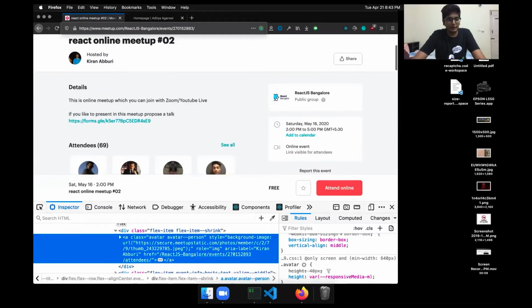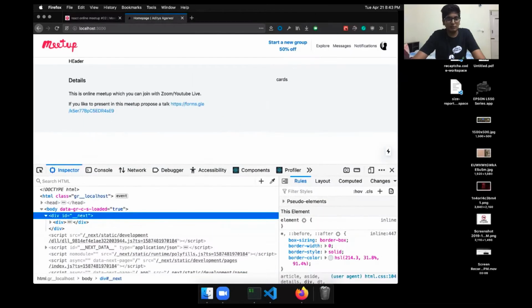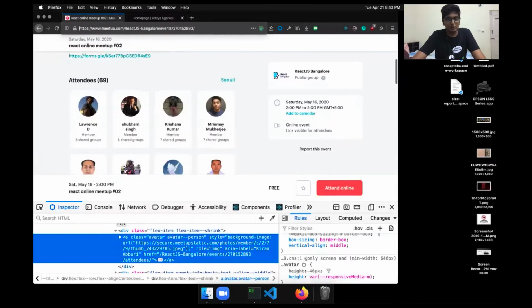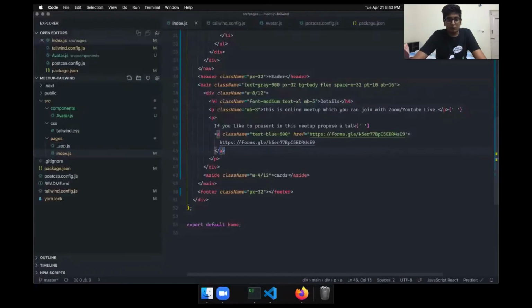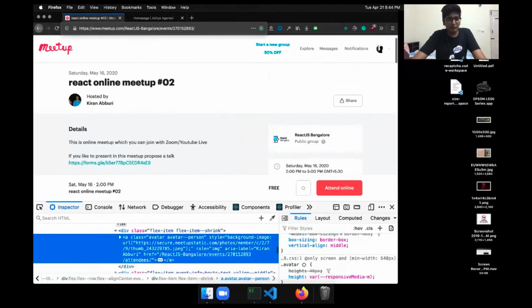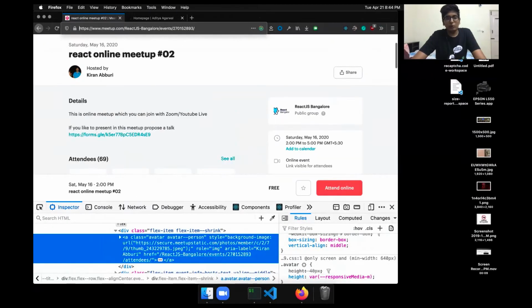So even though meetup.com hasn't done it, I think we can make this small change. Okay, now on to this next section. So far I've been using this, because there was no heading as such.